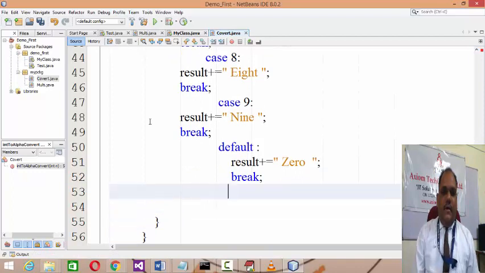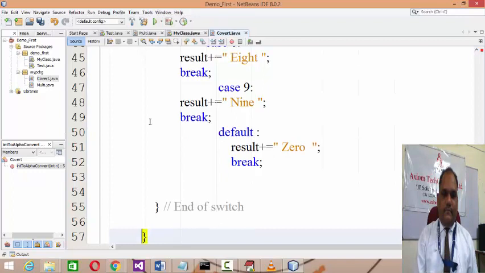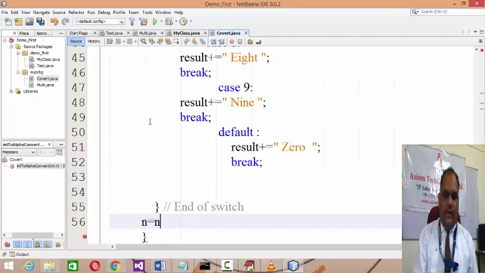And after extracting that quotient from the switch, at the end of the switch, then you have to write n equals n minus n by a into a, and a equals a by 10.